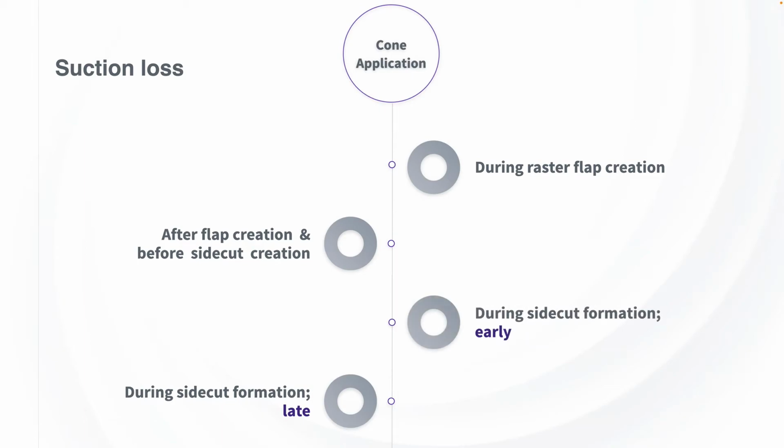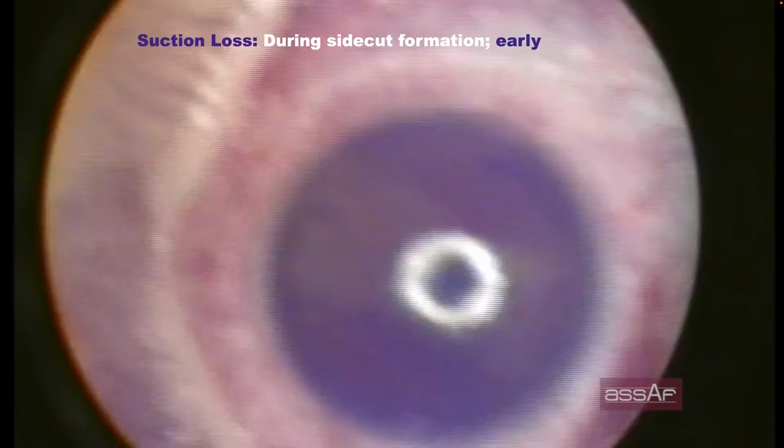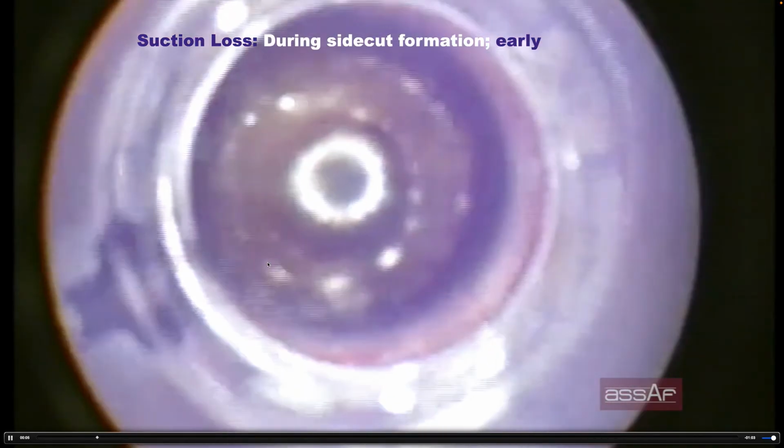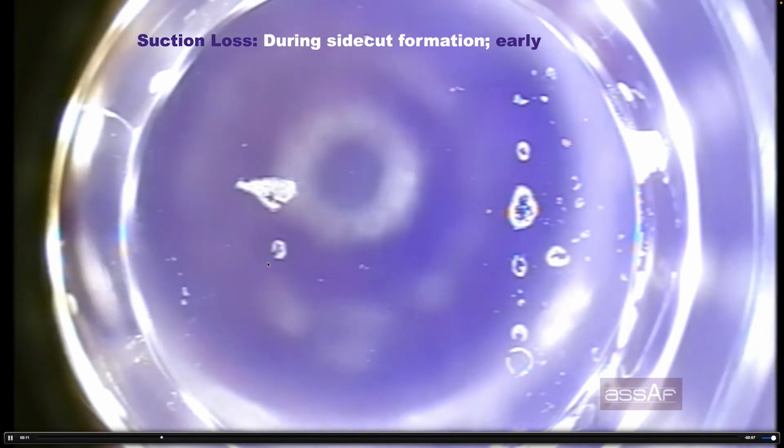Now let's talk about the suction loss early during side cut formation. In this case, because the side cut formation was incomplete, I would recommend to do another side cut, but with a smaller flap diameter. So again, reduce the laser energy for the bed formation, cancel the canal formation, keep the laser energy for the side cut the same, but reduce the flap diameter from 9 millimeter to 8.5 millimeter. So here I have manipulated the laser energy and reduced the flap diameter, applied the same cone, and again here,